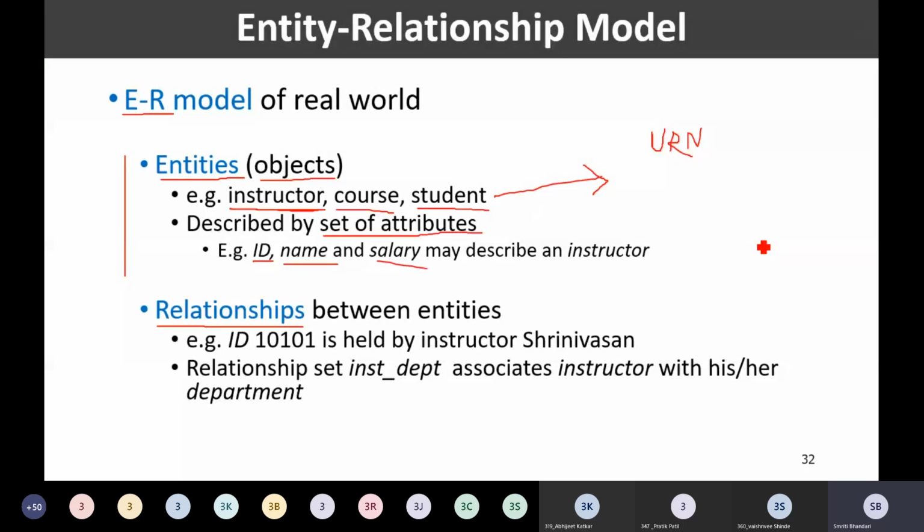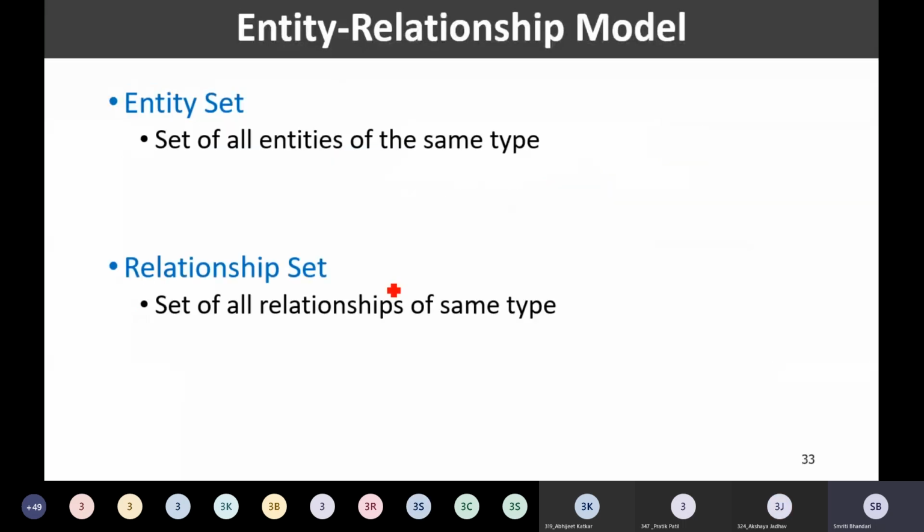If I want to relate two or more entities, then I have relationships between those entities. So relationships associate two or more entities. If I want to say that this particular instructor belongs to the CSE department, then instructor and department, which is another entity, will be associated by that relation.